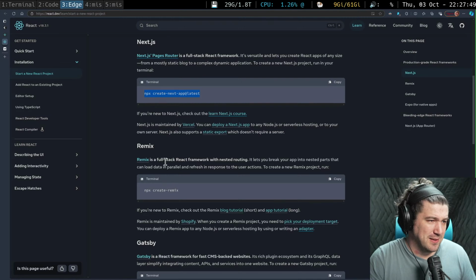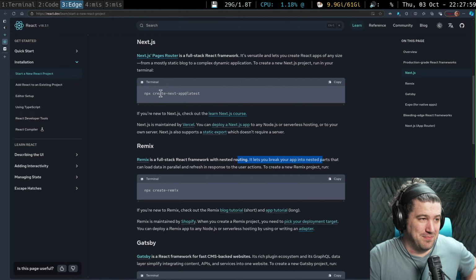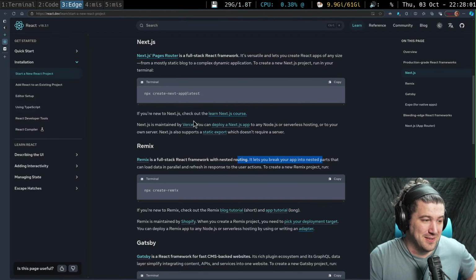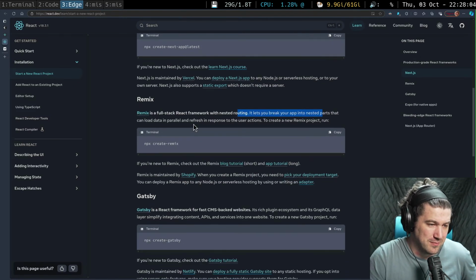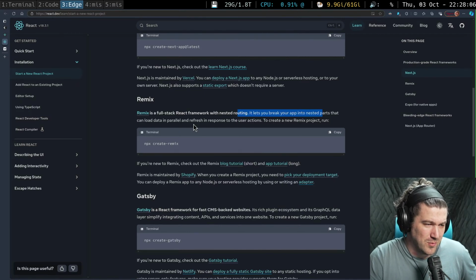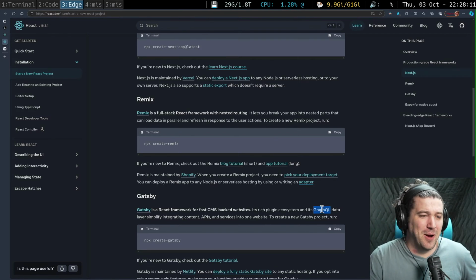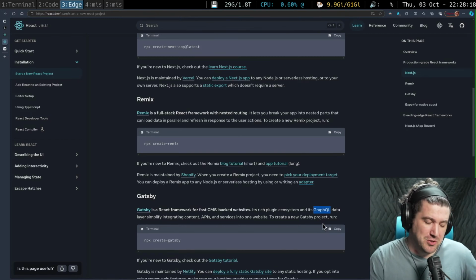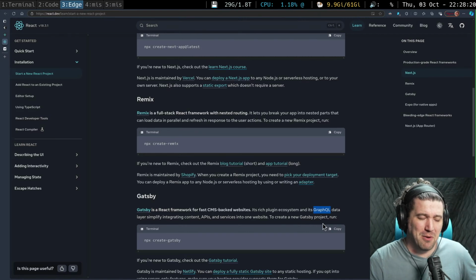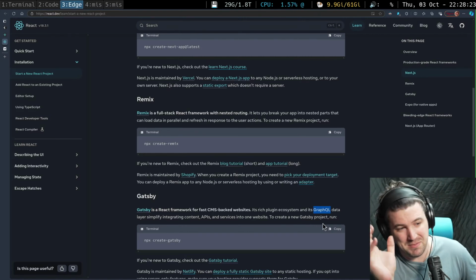What's Remix? Is a full stack React framework with nested routing. It lets you break your app into. What's this? I've always just done the this. Oh, a sweet data leak. Telling you what, people that pick this, that don't know what they're doing, have just shot themselves in the foot and are bound to make an Arc web browser mistake.